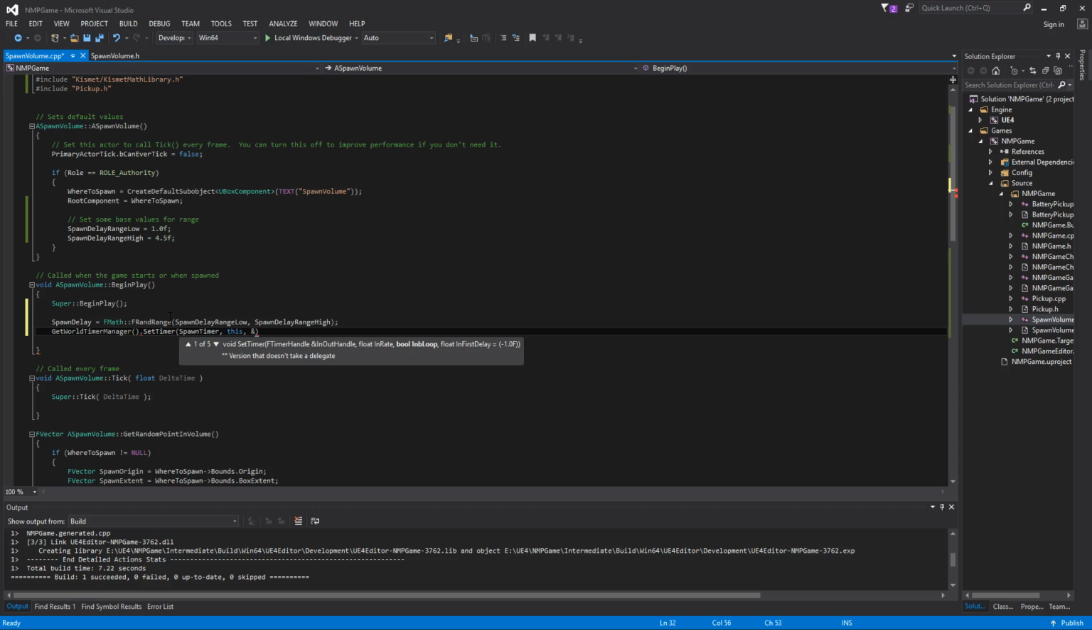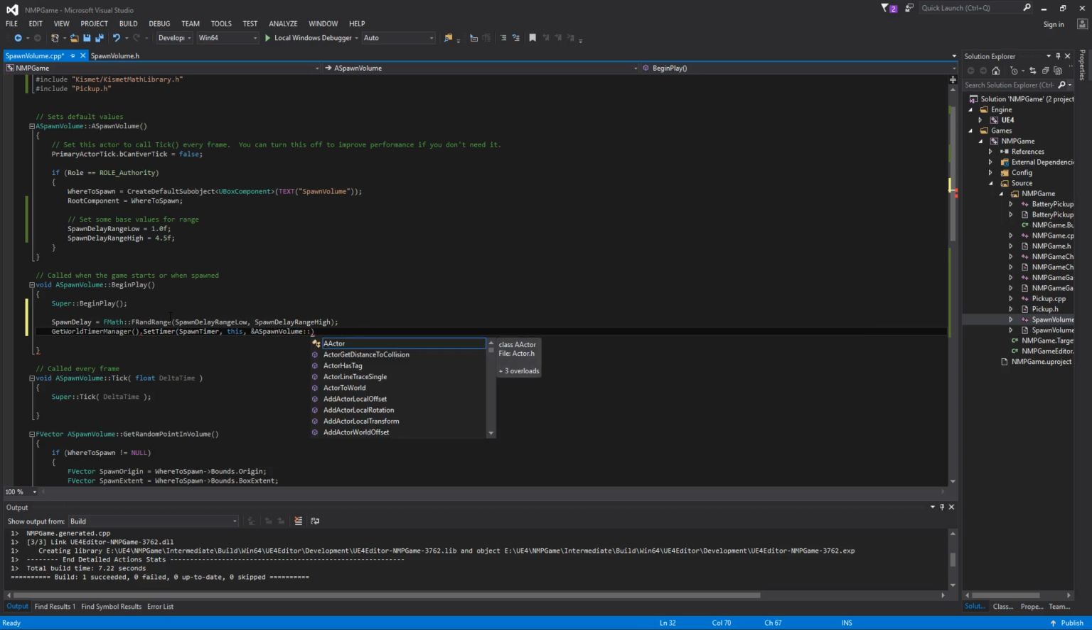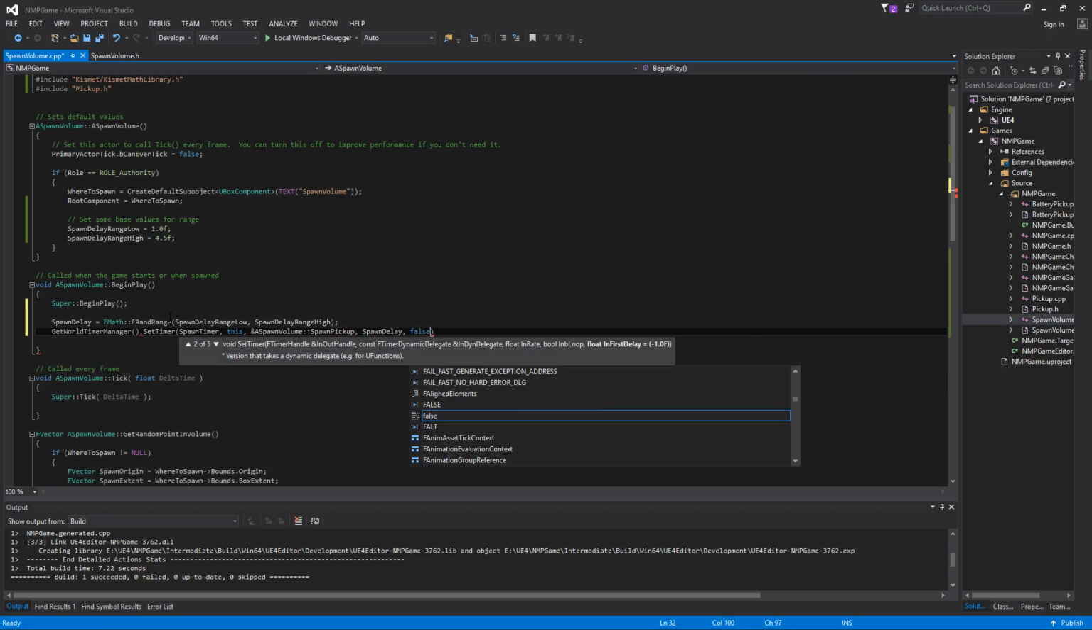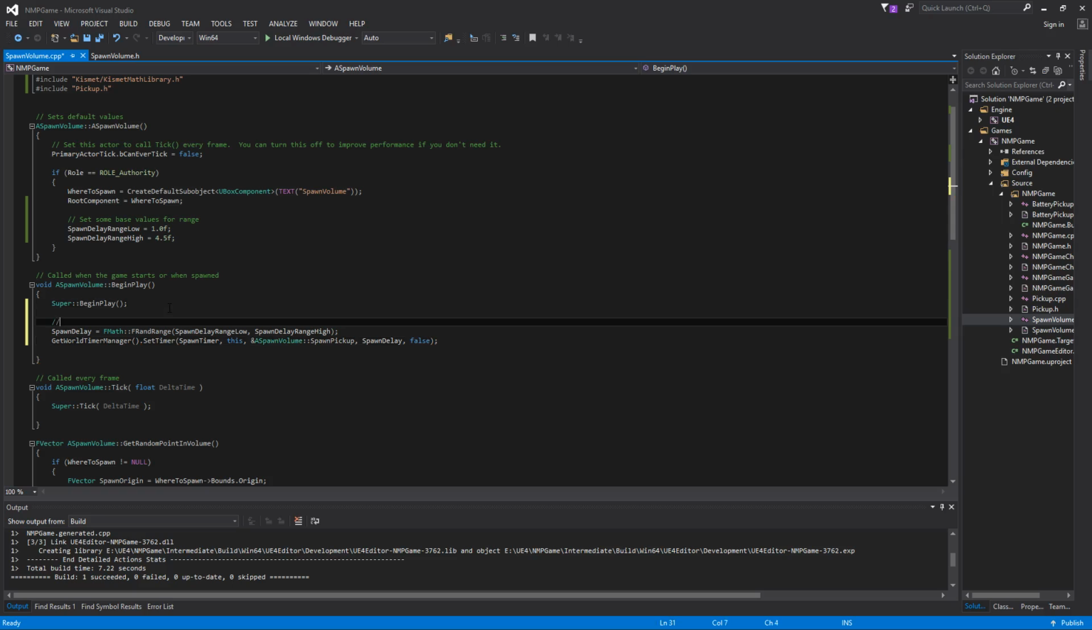We need a reference to what function we want the timer to call, which is spawn pickup. And how long is it going to take until they do it? Well, spawn delay, seconds. And we're going to say false, do not repeat. So only do this once. So add a note that this is set the timer to start